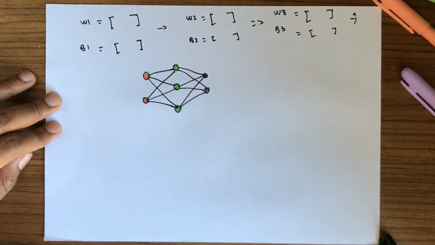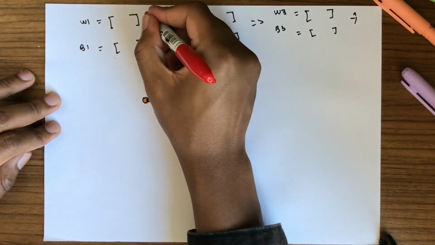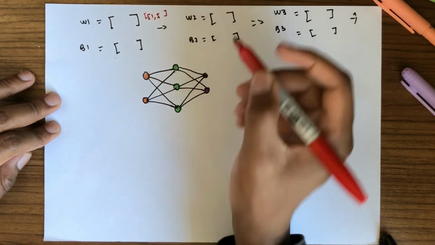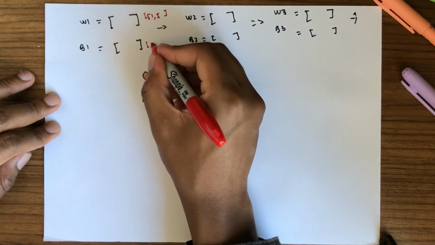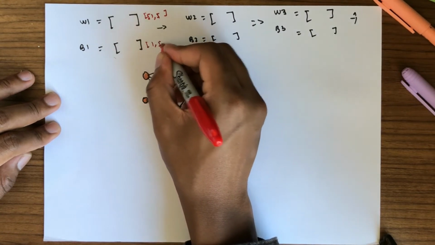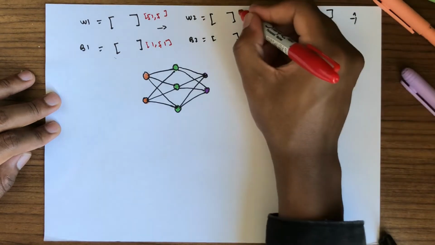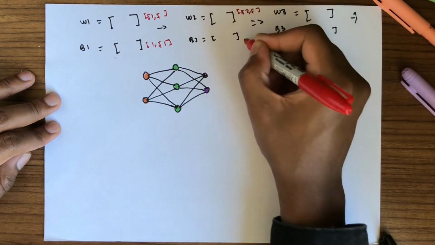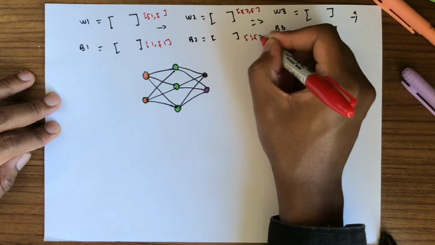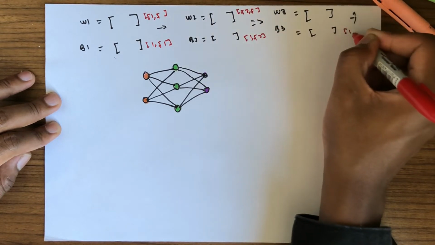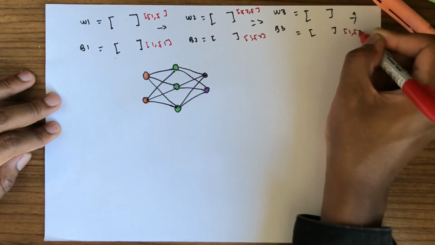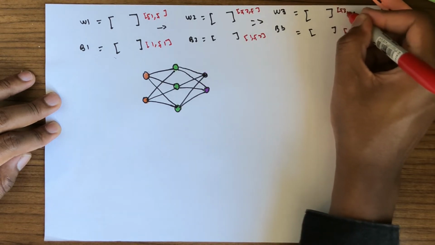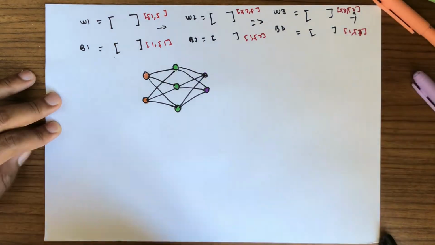And the dimensions, as we saw, of W1 was f1 by f. B1 was 1 by f1. W2 had a dimension of f2 by f1. This was 1 by f2. This was 1 by f3. And W3 was f3 by f2. Right,